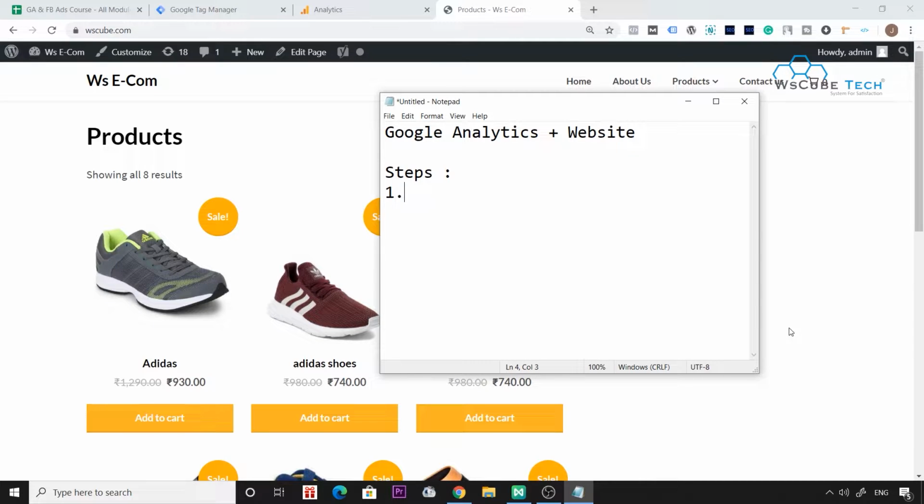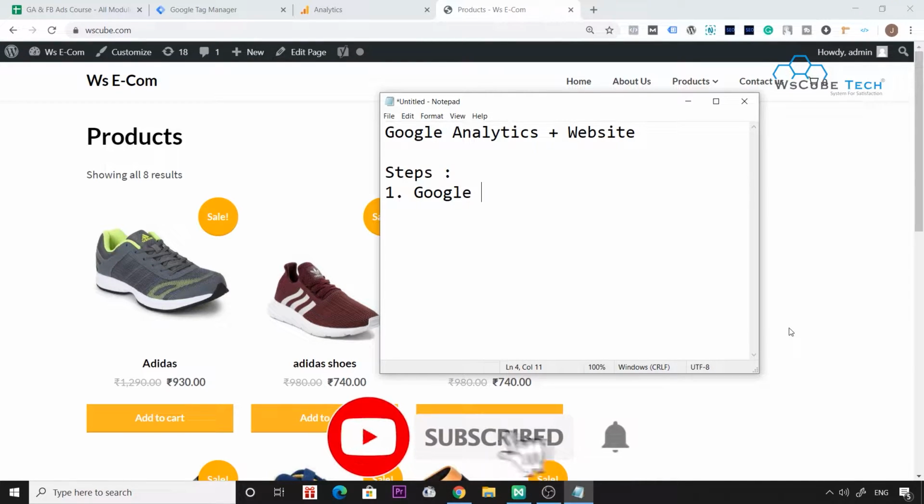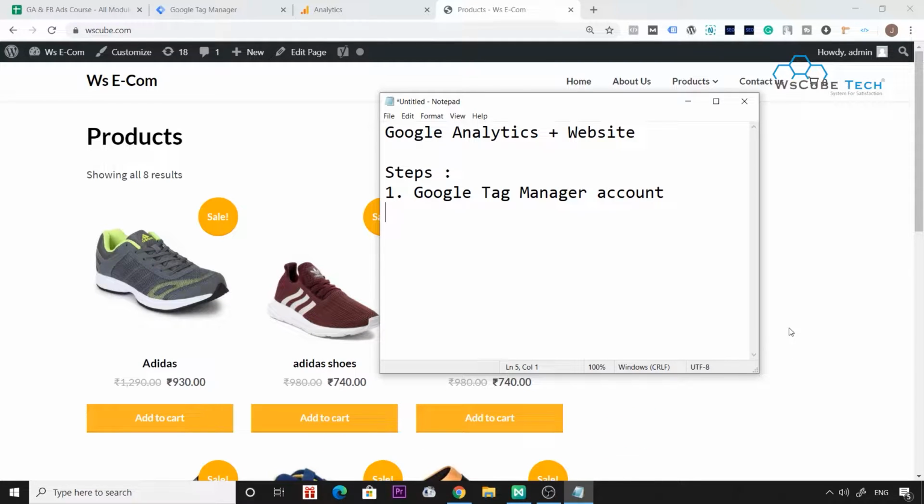First of all, we will create a Google Tag Manager account. Then we will be connecting Google Tag Manager with our website through the GTM code that GTM will provide us. The first step is creating an account on Google Tag Manager, and then we will be connecting GTM with our website.